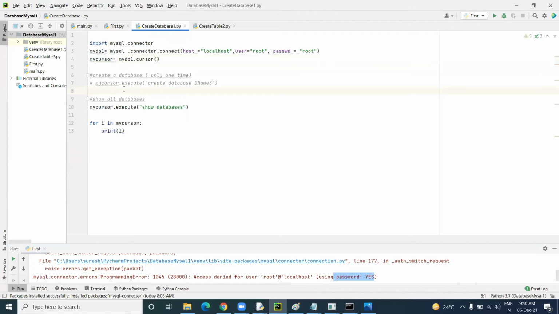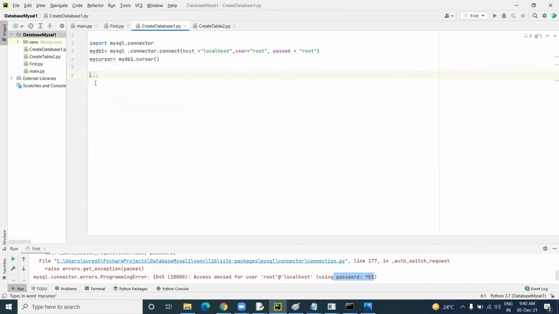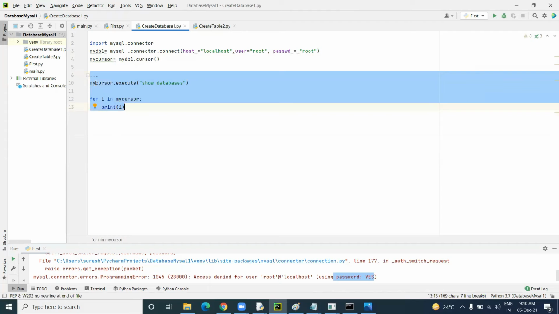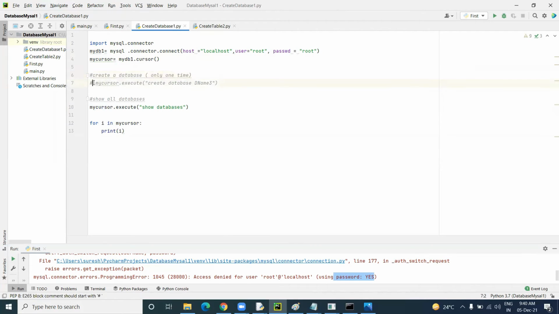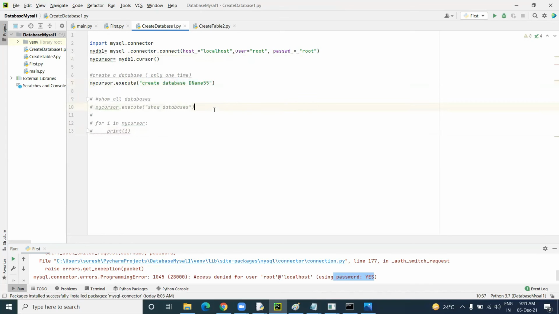Now if I want to create some database, what should I do? We just comment all this out. My cursor is an object reference, and through the object reference, if you want to do anything, execute is the basic thing. So create database, same command, and here you can use the database name. I just use the database name Python. I commented this all out; it doesn't require. Only this keyword is used to generate.